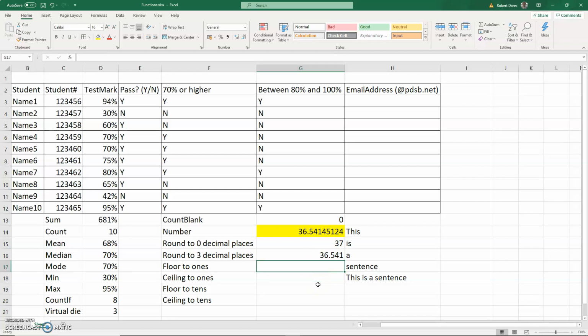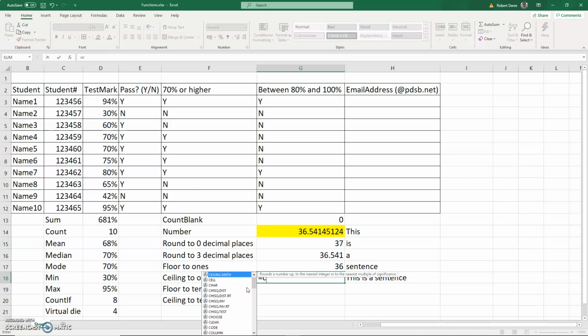What is a floor value? It looks at rounding to the nearest, in this case 1 value, to the lowest portion. So if we look at the floor of this number to the 1's digit, the significance is 1. And so it will look at 36 and then it's going to chop off anything after 36. Let's go down. The ceiling will round everything upwards, equal to CEILING,